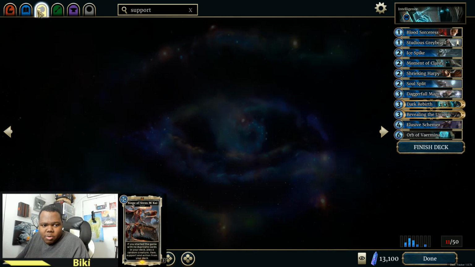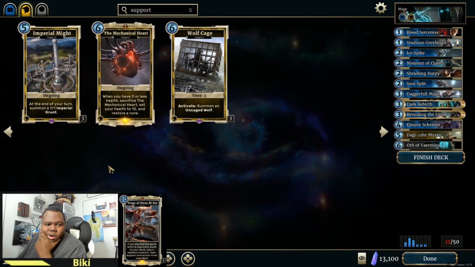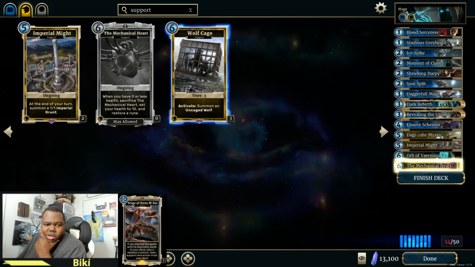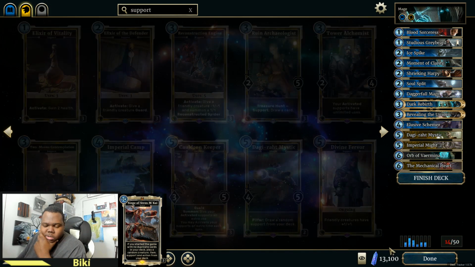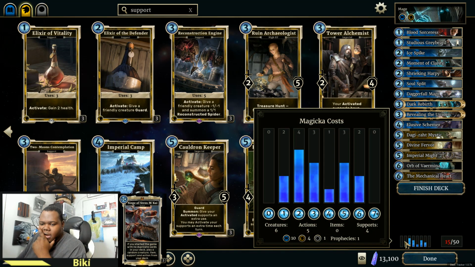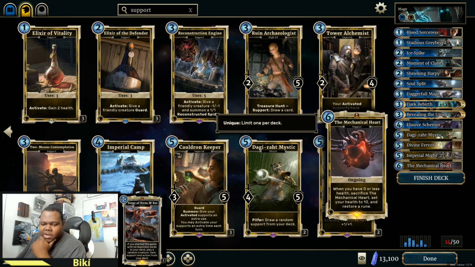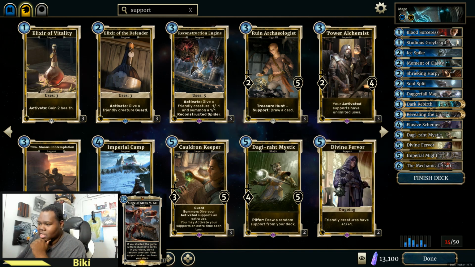So I'm thinking we're going to go with a mage type deck right now. We're going to play with Mystic. We're going to play Imperial Might, Mechanical Heart, Divine Favor. That's 4 supports right there. I know that's kind of, I'm going to take out Orb. The mechanical heart is to help us stay alive long enough that we could actually get the new card in